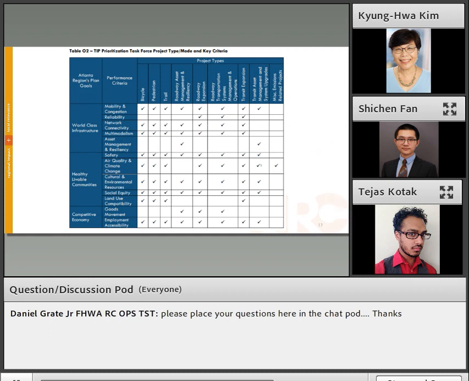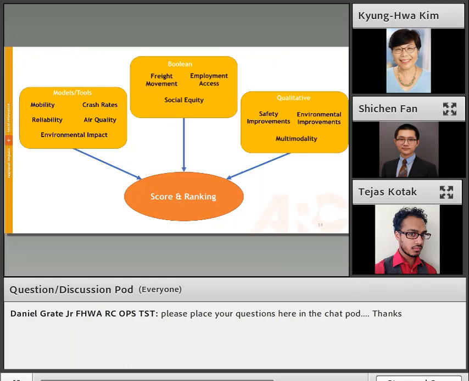All of our projects require a lot of different variables and a lot of different data sources, and this is an overview of what each different project type considers while we are evaluating and calculating their final score. We just wanted to put this up to show that we consider a variety of different data types and data sources, and that we consider them for a multitude of different project types.